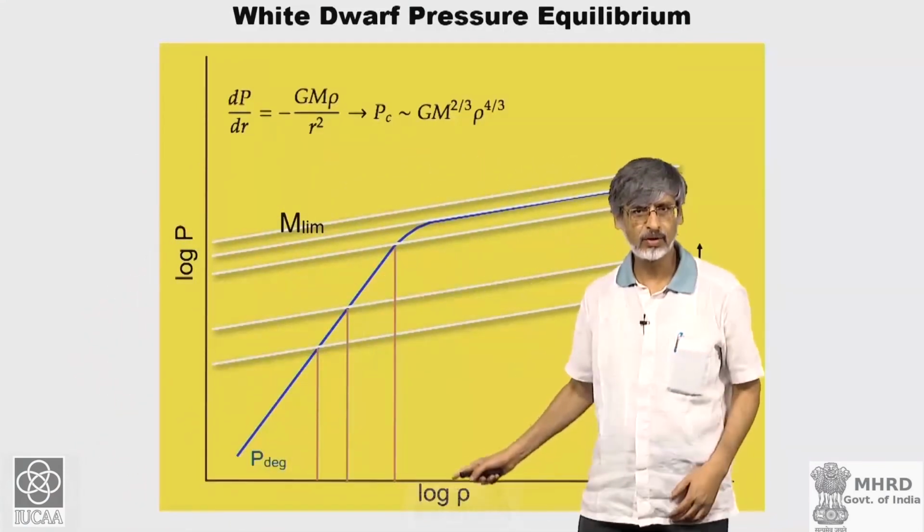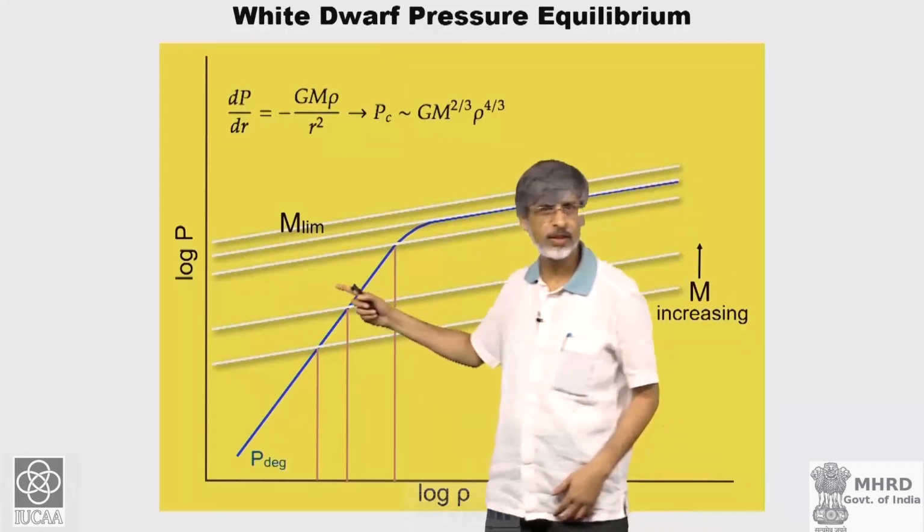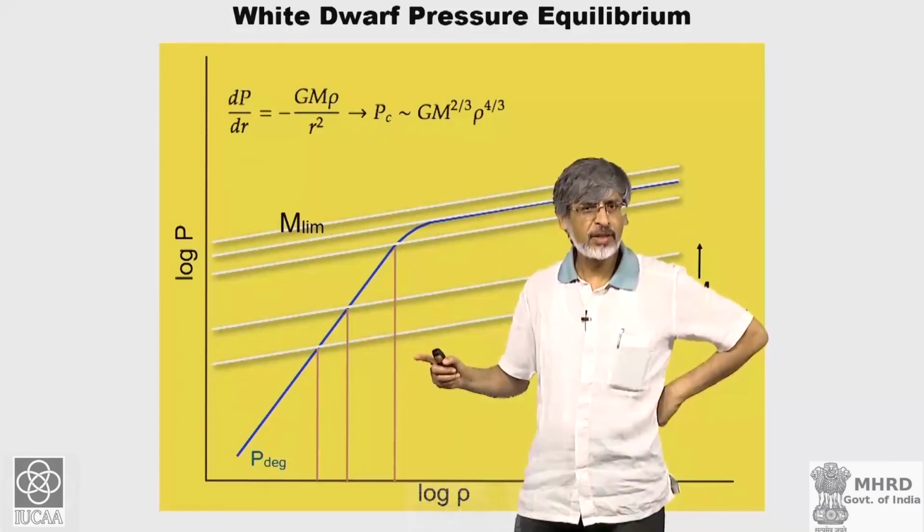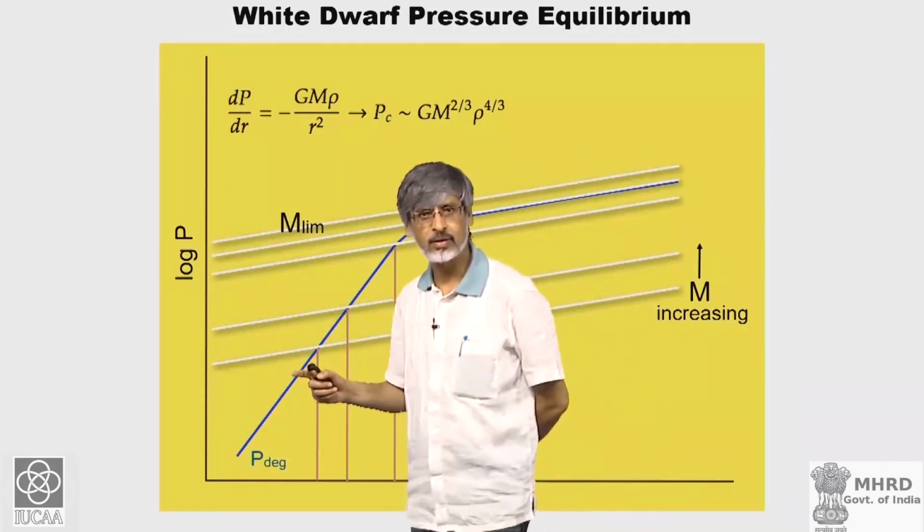So, you have log density over here and log pressure over there. The requirement for stellar equilibrium,